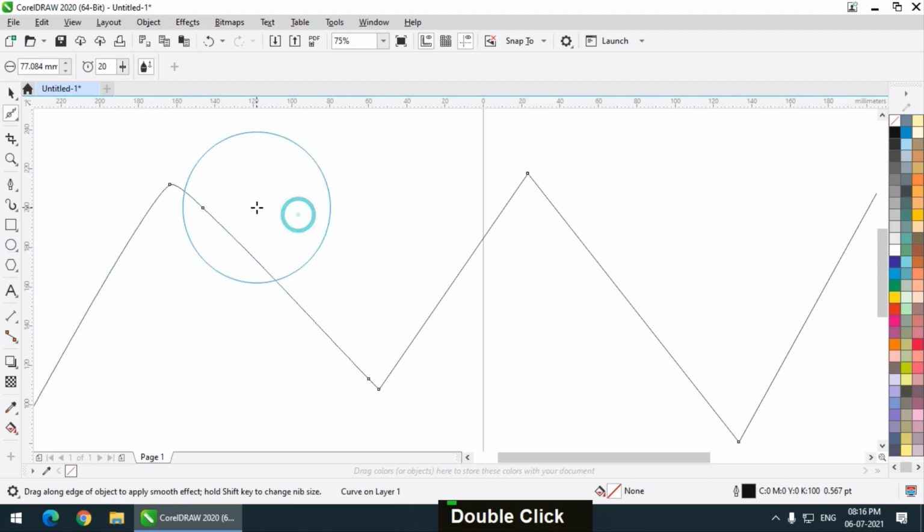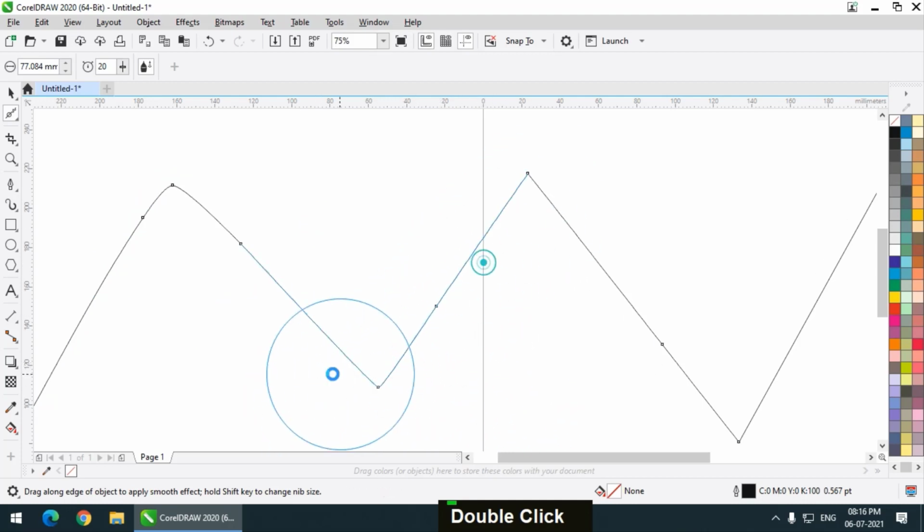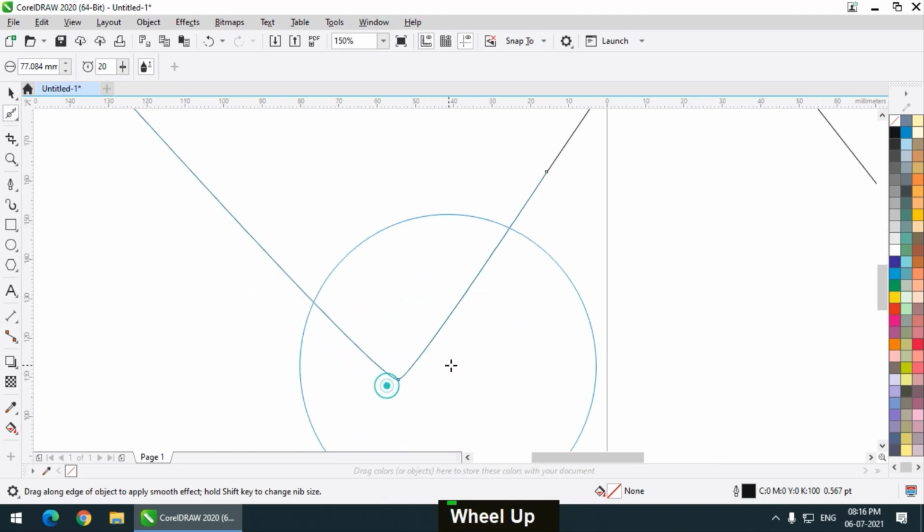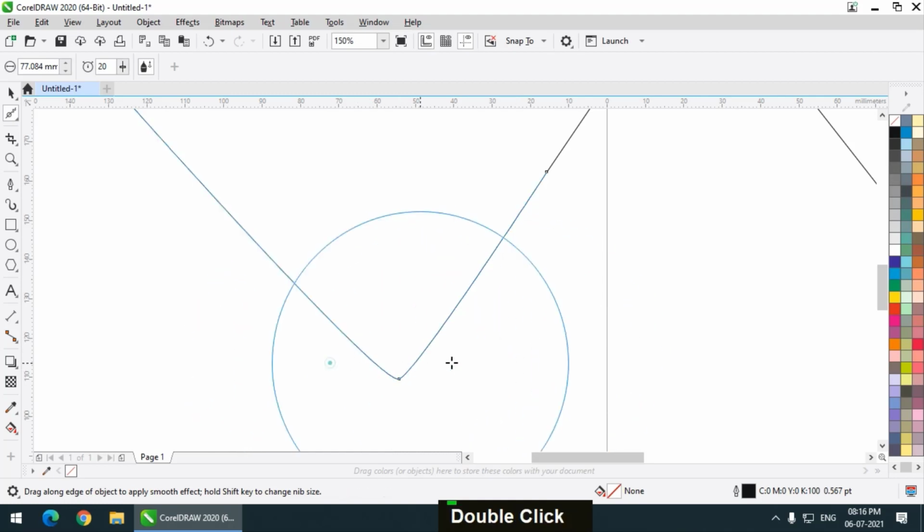This will be smoothened out like this. As you can see, this is getting smoother and smoother.